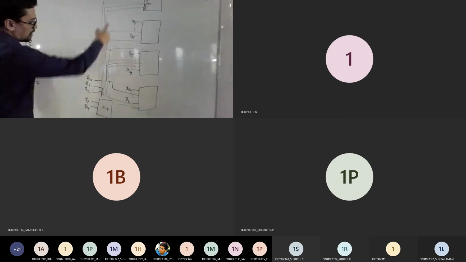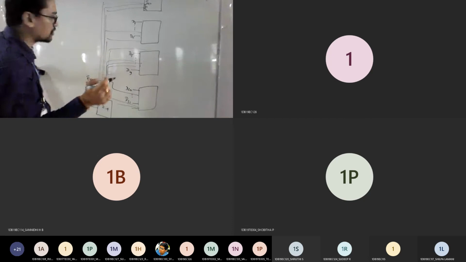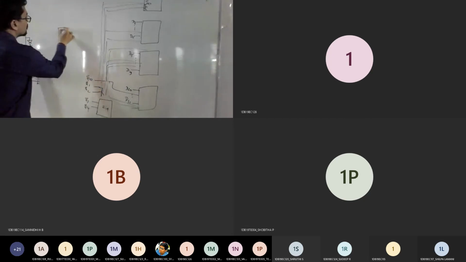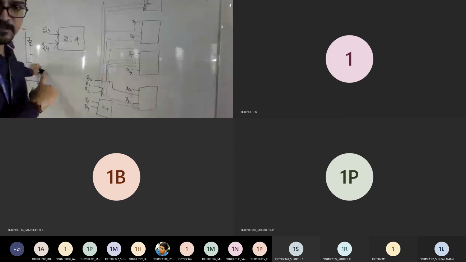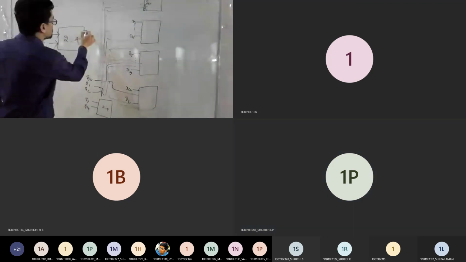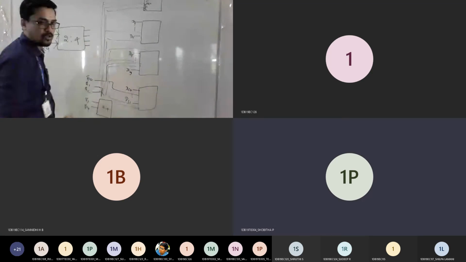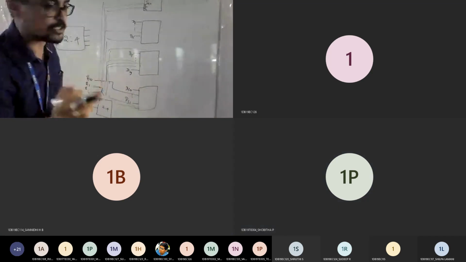So what I told, we have 3 selection lines directly from 8:1, right? So 2 more are left out. So that you should control using 2:4. 2:4 decoder has 2 inputs. For these 2 inputs, you provide S3 and S4, I said. Is it correct? Is it visible now? Yes, sir. Okay. Then how many outputs you have? 4. 4 outputs. So then these 4 outputs should be connected to where, right?